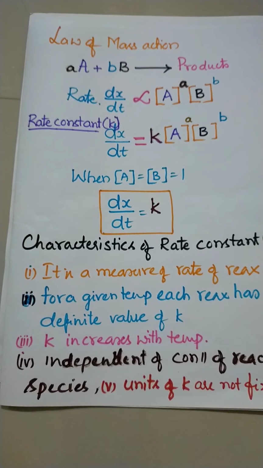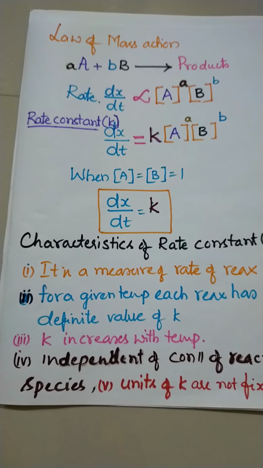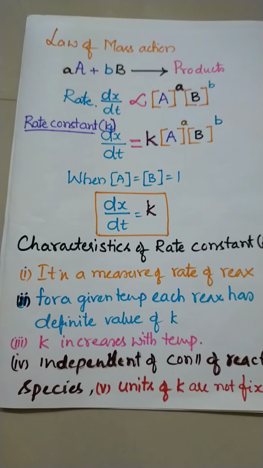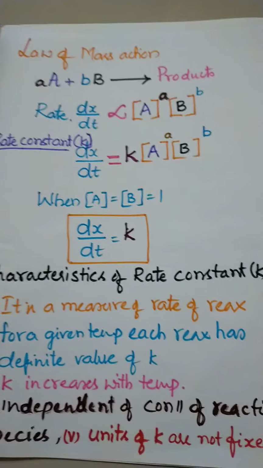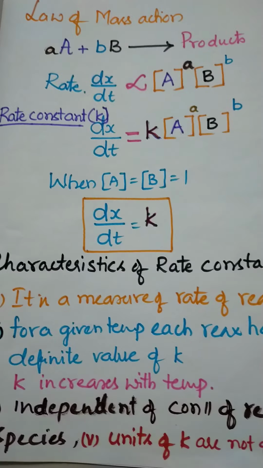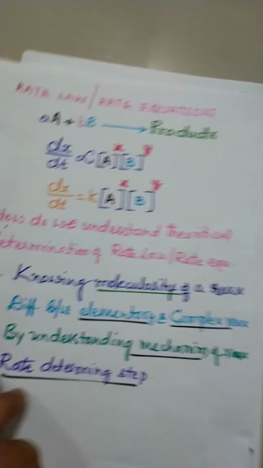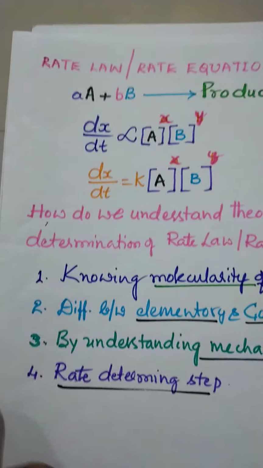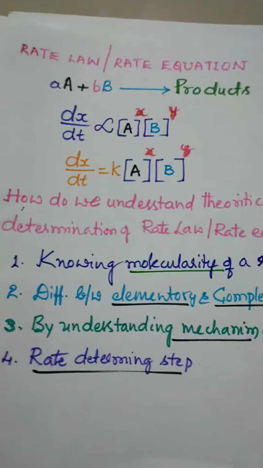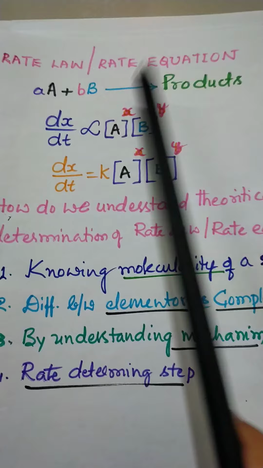after the law of mass action, we come to the rate law and rate equation. There is a difference between the rate constant and the rate law, and the rate equation. Let's just compare this one here. Here is another thing: this is the rate constant, and this is the rate law. Keep comparing the two. After this one I will compare both the things. So the rate law and rate constant are another concept of chemical kinetics: the rate law or rate equation.